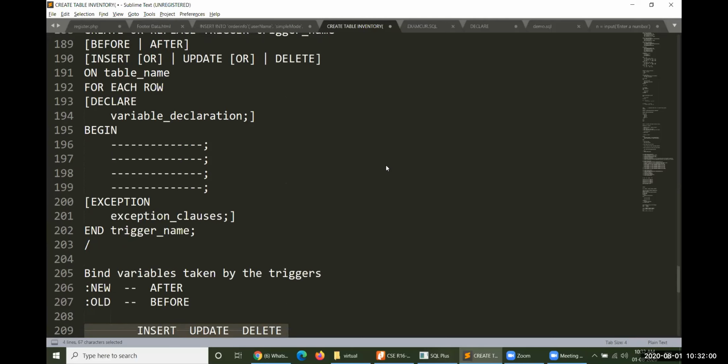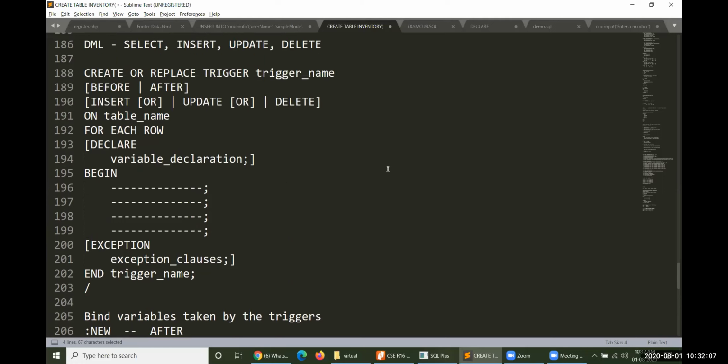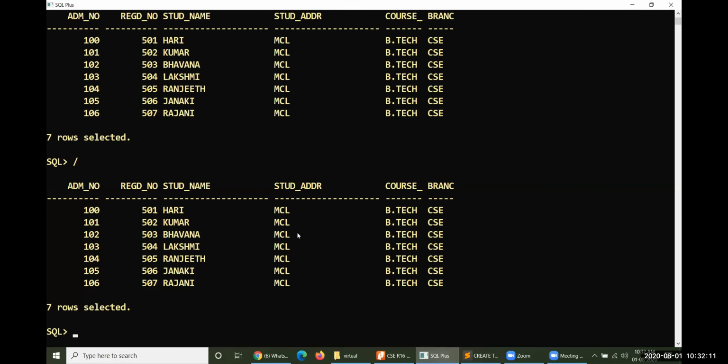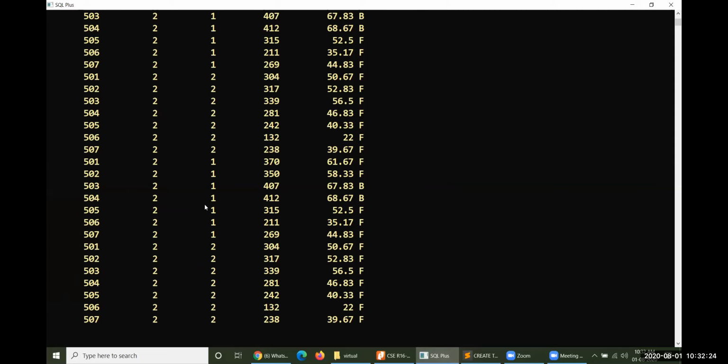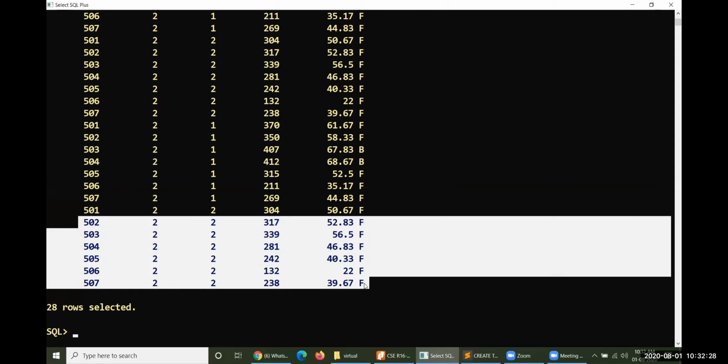Okay, let us write a small trigger. A small trigger, and then we have to finish up our class today. Let us write a small trigger. So just before, I have taken, so select everything from the result. Result has been taken, so this much amount of data will be there with me. I wanted to delete some amount of data here.